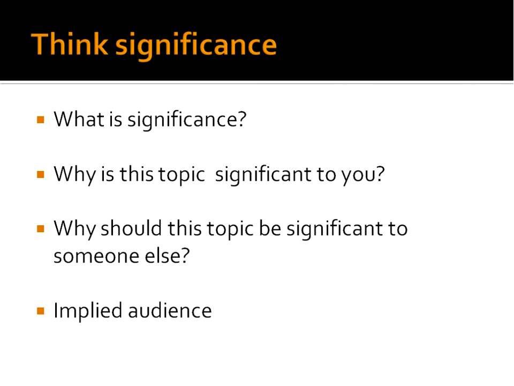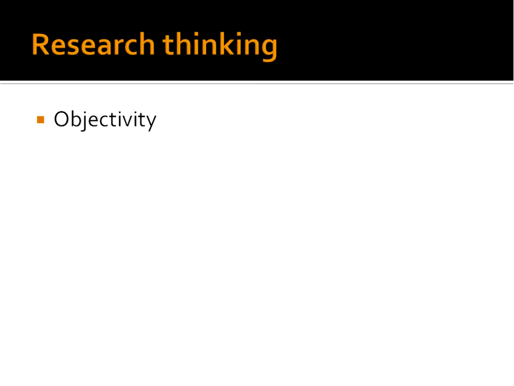So research is a process. It's a systematic process. It involves not just gathering data, but interpreting data as well. But it also involves certain types of thinking that you might not be used to doing. And so when we come to a research problem, we also have to be aware of certain things related to thinking through a research project. First is objectivity.